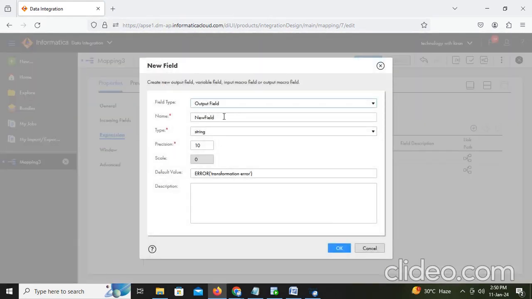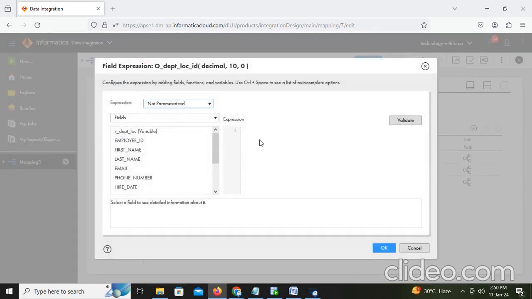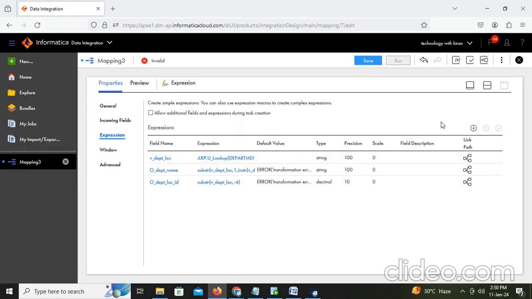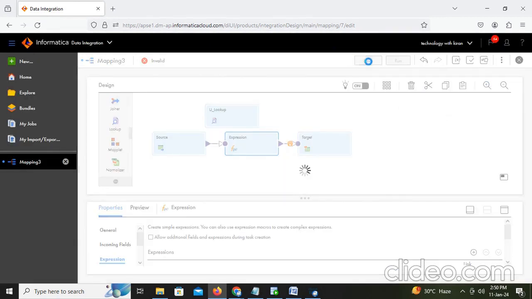Understood? And then we create another output field which is o_dept_location_id. The location id is the decimal one. Now here we take configure, substring of dept location comma minus 4. Minus 4 means it gives the last 4 digits. Okay, understood? Minus 4, because the department id is in how many letters? 4 characters, that's why I'm giving minus 4. We get the last 4 letters. Okay, now see here